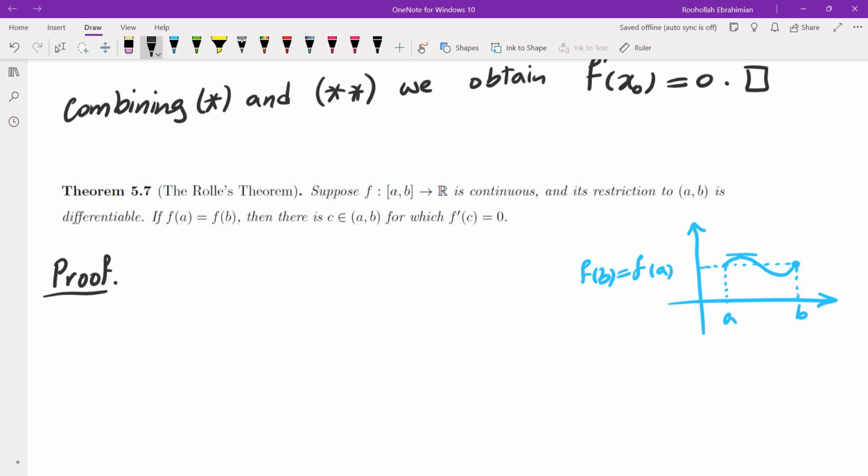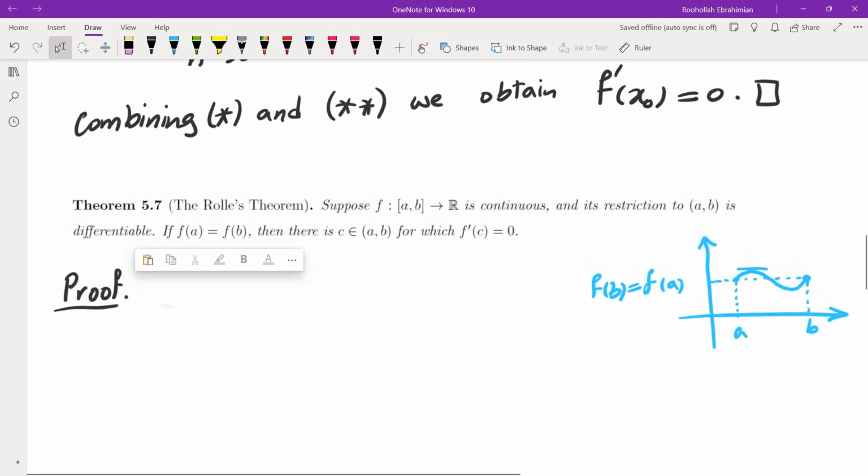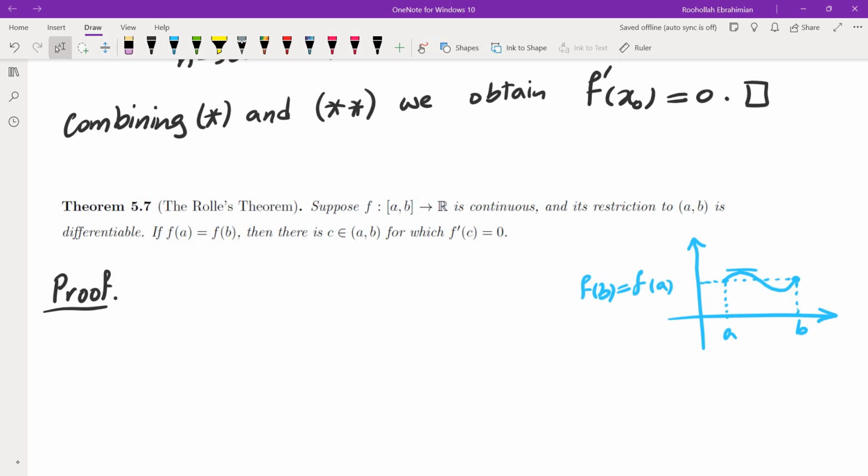Okay, so suppose x naught. Okay, first of all, let me specify this first. Since this function is a continuous function, there would be a maximum value. So by the extreme value theorem, we showed that every continuous function over a closed and bounded interval attains its maximum and minimum value. By the extreme value theorem, f